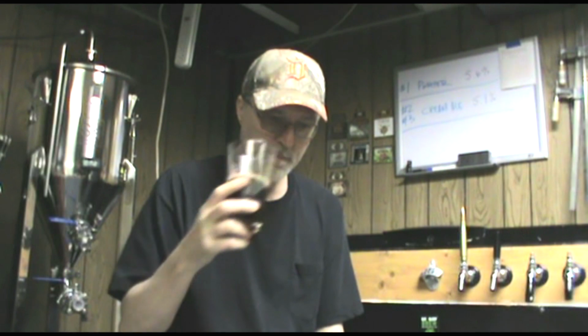Smooth, very smooth. That richness, that chocolatey, roasty flavor, same as the aroma, comes through. But it's very silky smooth. I was fearing some acridness from the black malt and the brown malt in there, but I'm not getting that